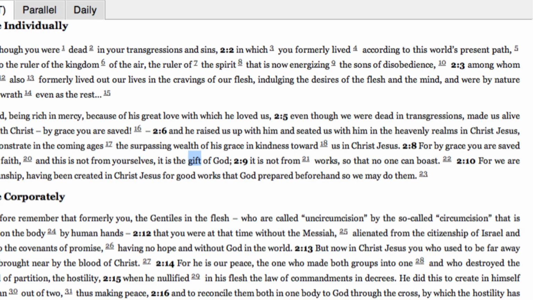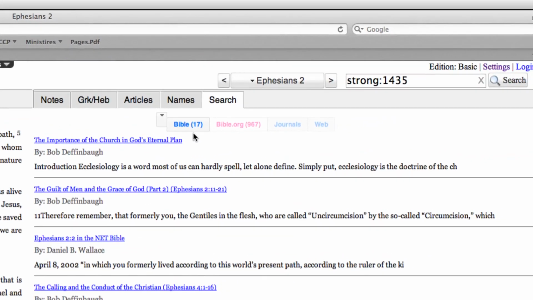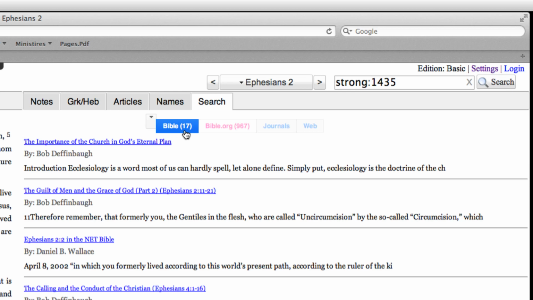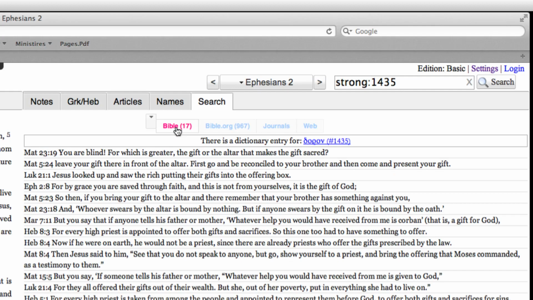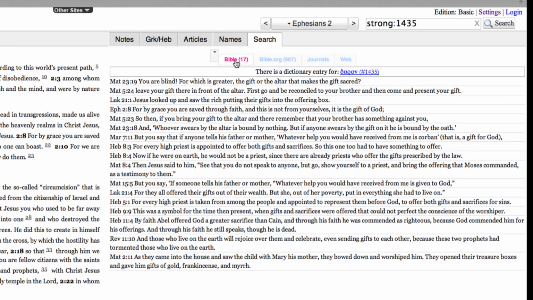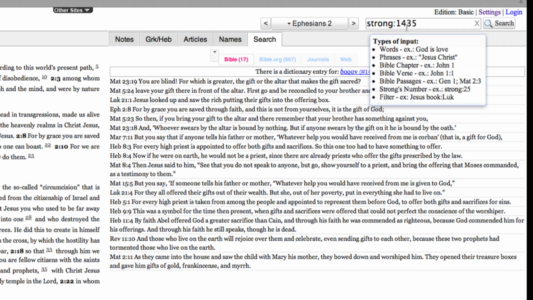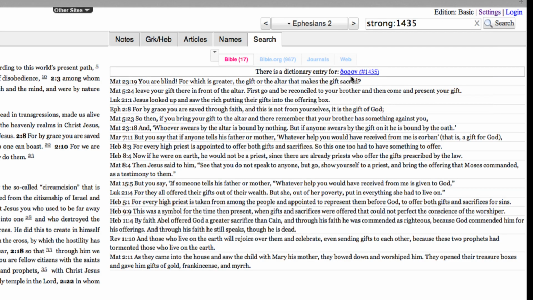And over here, if you'll notice, we now read Bible 17 under the Search tab. And if we click on that, we're going to get a listing. Here's a listing of 17 verses related to this Strong's number 1435. And here's the Greek number listed at the top. This is a dictionary entry for doron, number 1435. And what that means, if we click on this link here, it'll open up a dictionary of Greek words